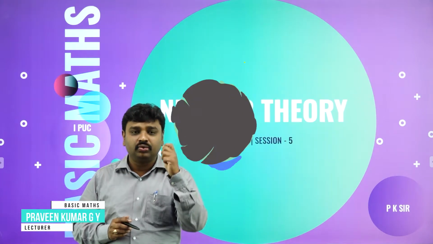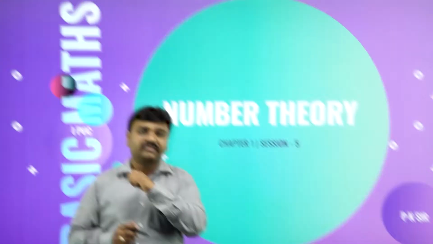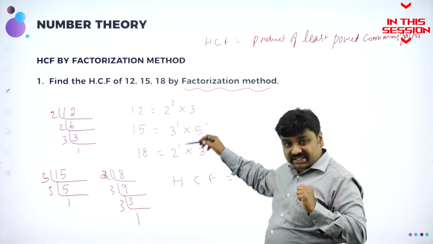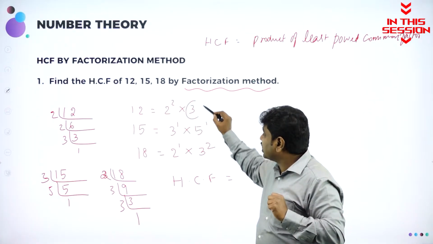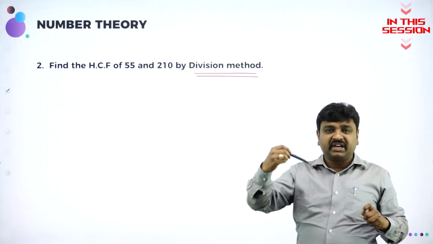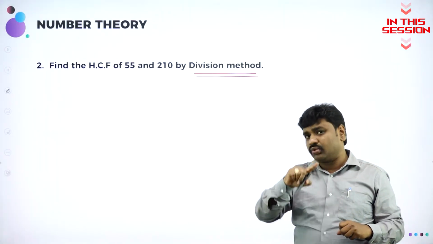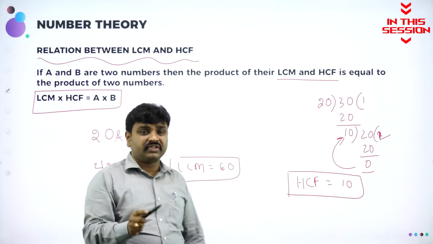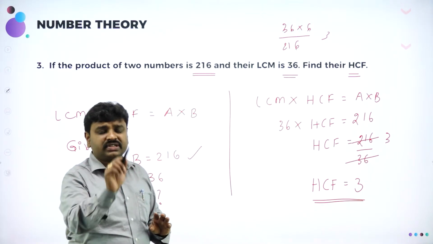And we'll also do problems based on HCF. Other name for HCF is greatest common divisor. So by seeing these numbers, I can say only 3 is the common factor. Keep repeatedly dividing the divisors until you get 0. Once you get 0, what is the concept? Product of LCM into HCF is always equal to product of two numbers. What is the basic formula I should know? LCM into HCF is equal to product of the given numbers.